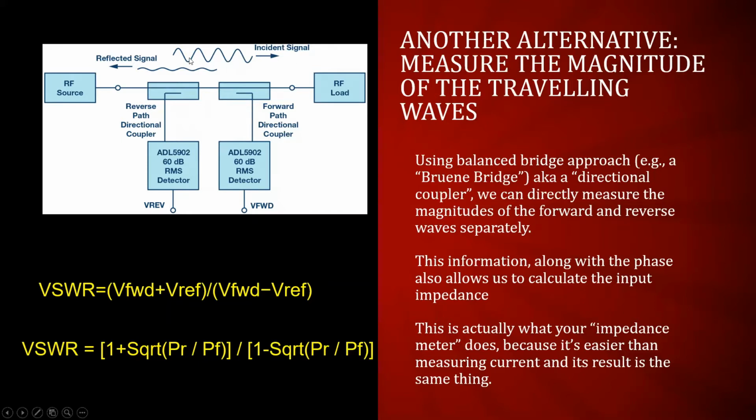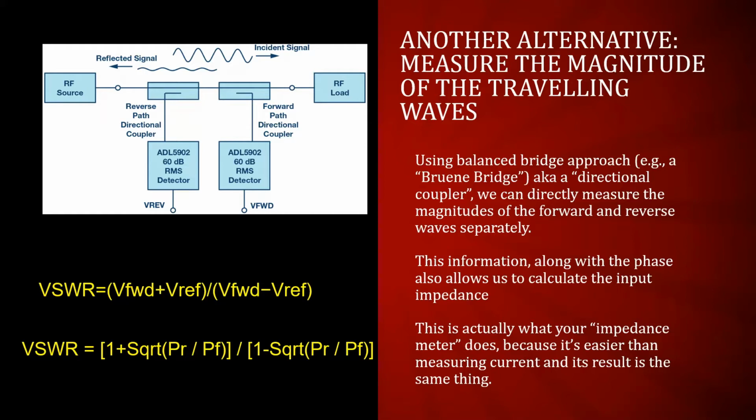So think of it this way: you have 1 watt going this way and 0.1 watt coming back. You can think of it as a loss. Well, I've lost 9/10 of a watt here, right? We've lost 9/10 of a watt. So you can kind of think of the reflected wave as a loss. Now, it's not a true loss, and I'll get to that later, but